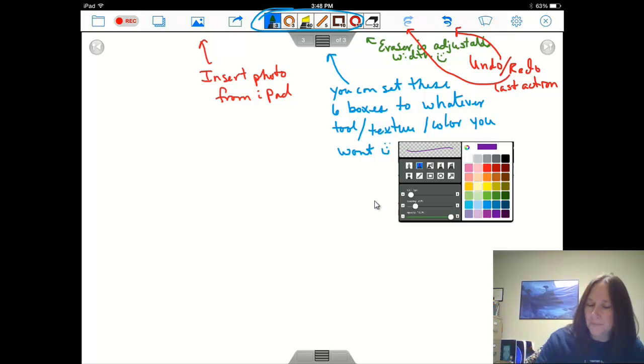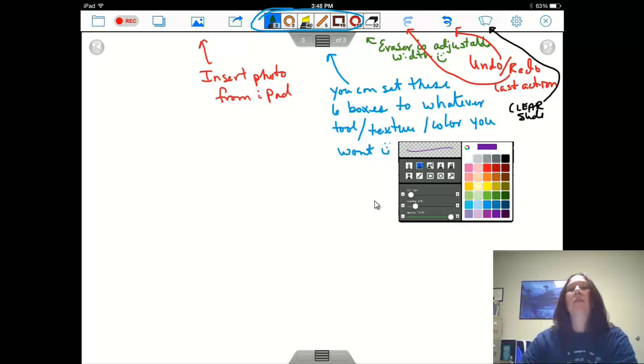So, this one will clear the slide, which we don't necessarily want to do right now. But if you're using it on the fly, I think that would be a good thing. Although, to me, clearing the slide is not as good an option probably as going on to the next